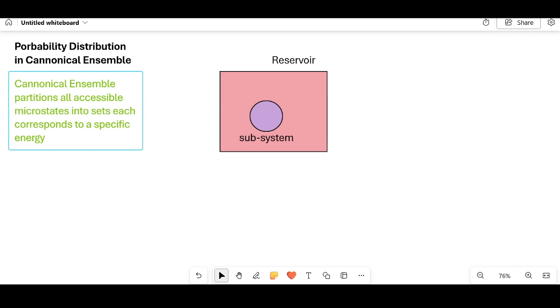Canonical ensemble partitions all accessible microstates into sets, each corresponds to a specific energy. This ensemble is suitable for a subsystem thermally connected to a large reservoir and can exchange energy with it, as you can see here. However, transfer of particles is prohibited. Consider